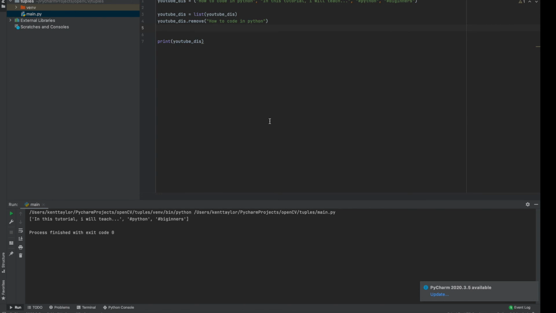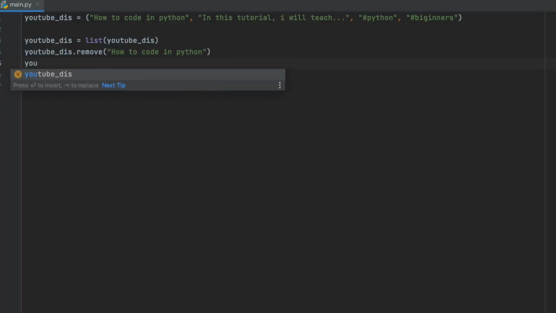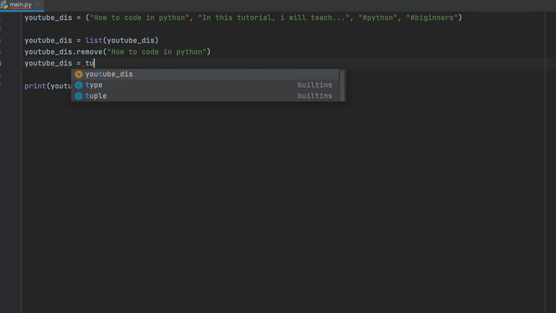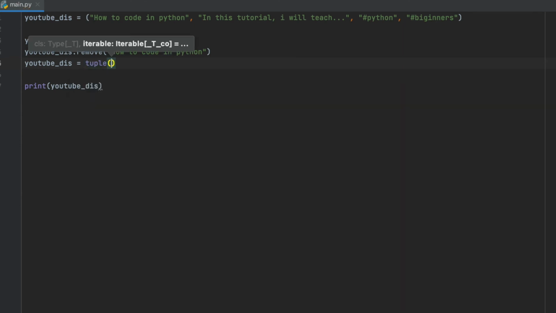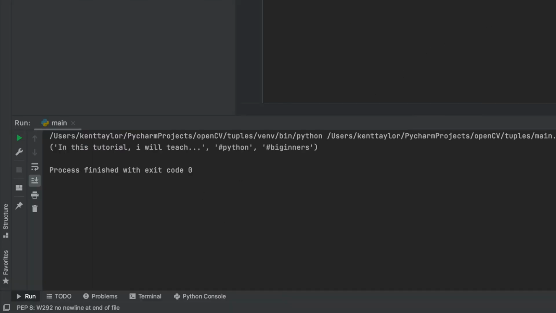Okay, and so now that I know that's been removed, I can just say YouTube description is now equal to a tuple version of YouTube. Okay, and now you can see that yes, it is a tuple now, and yes, it did remove it.